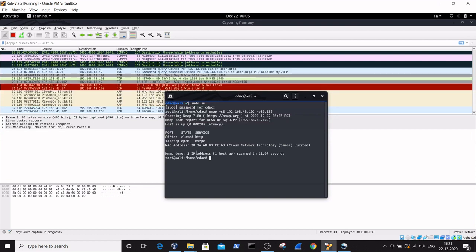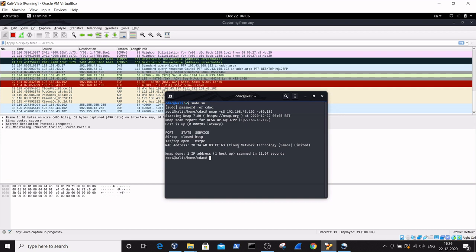It also shows the MAC address, and that Nmap is done for a single IP address, the target IP address. One host is up and scanned in 11.07 seconds. Here is the basic information, the target machine name and the target machine IP address, obtained using the Nmap SYN scan command.